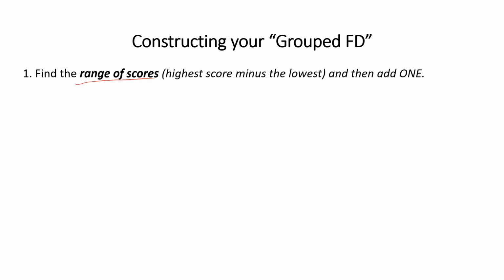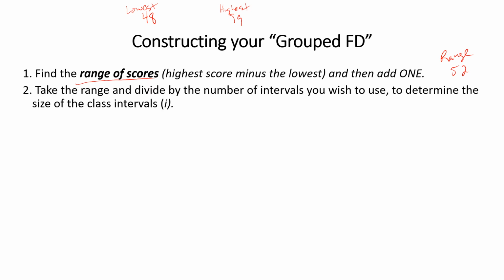Let's say we had a group of numbers and the lowest score is 48. We're talking about exam scores here, and the highest score was 99. You're going to take the highest minus the lowest plus 1. So in this case, we get 51 plus 1, so highest minus the lowest plus 1 is 52. So we've got the range. 52 is our range. The next thing we're going to do is take the range and divide by the number